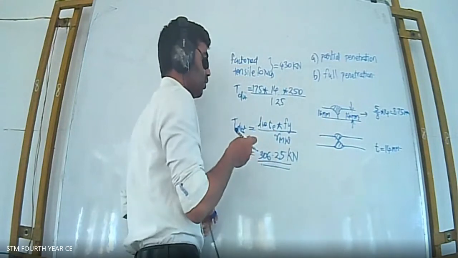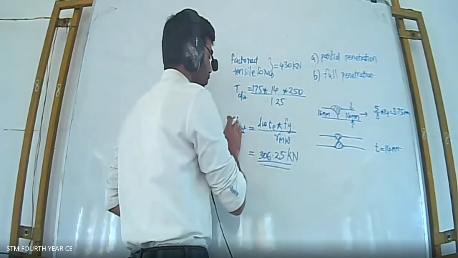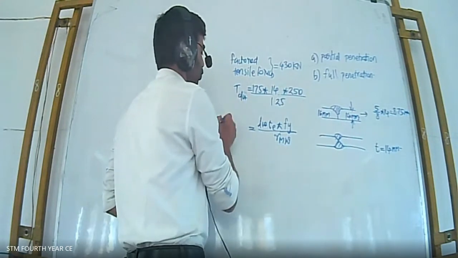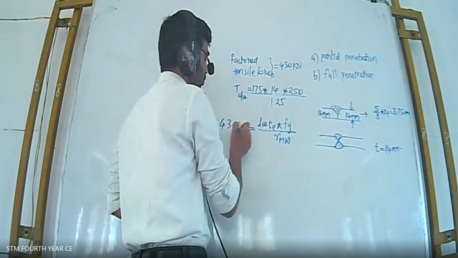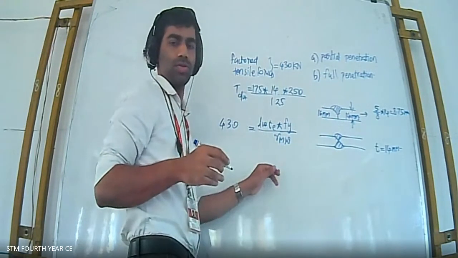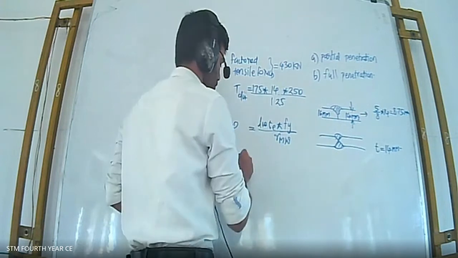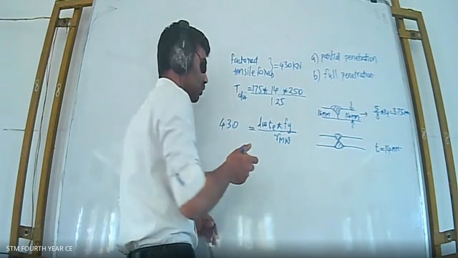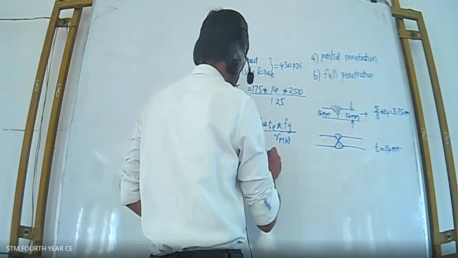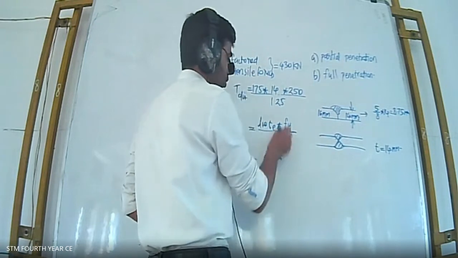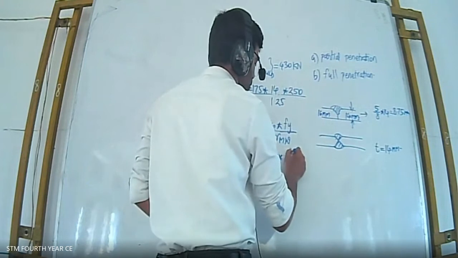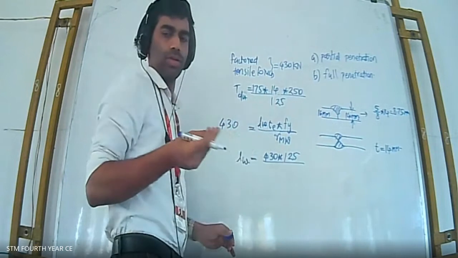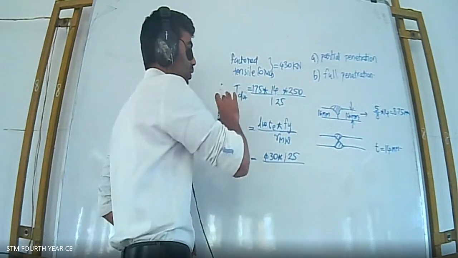So how will you redesign? If you get this 306.25, you have to redesign. For that purpose, what you have to do is just write this 430. This is the factored one. So 430 is equal to this much. This you have to write. And here you have to make a new value for Lw. The effective length you have to increase. So how long will you increase? 430 into, this rearrangement you have to do, into 1.25 divided by, here if you take 1.5, then it will also be correct. The condition you have to write, that's all.